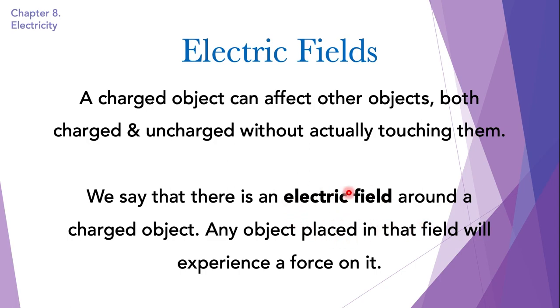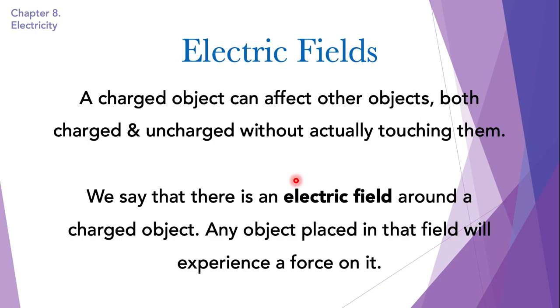We're going to look at these electric fields in a different topic of this chapter, but for now this is what causes an object to experience a force from a charged object without actually touching them. It is the electric field around this charged object which makes other objects, both charged and uncharged, experience a force. So these were electric fields. We're going to look at the electric field patterns later on,